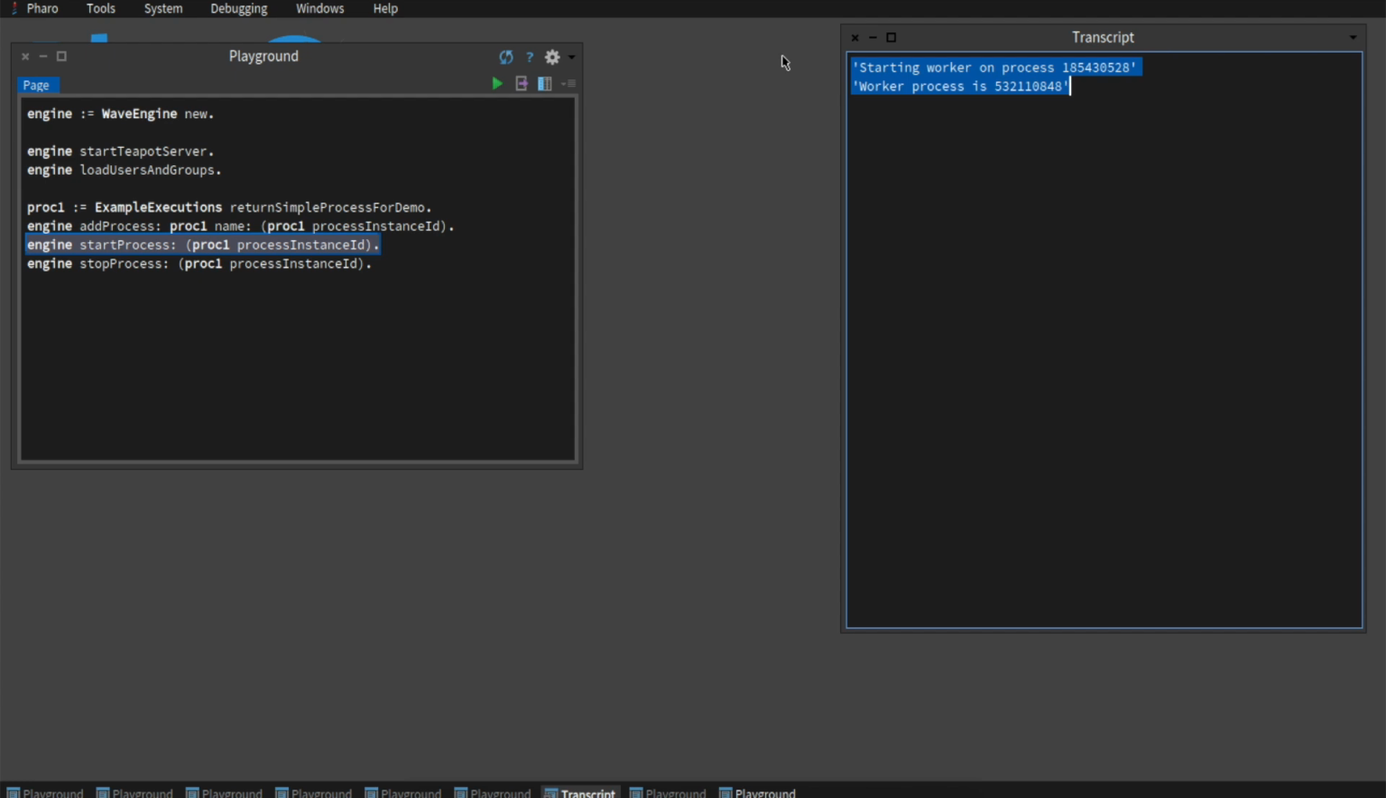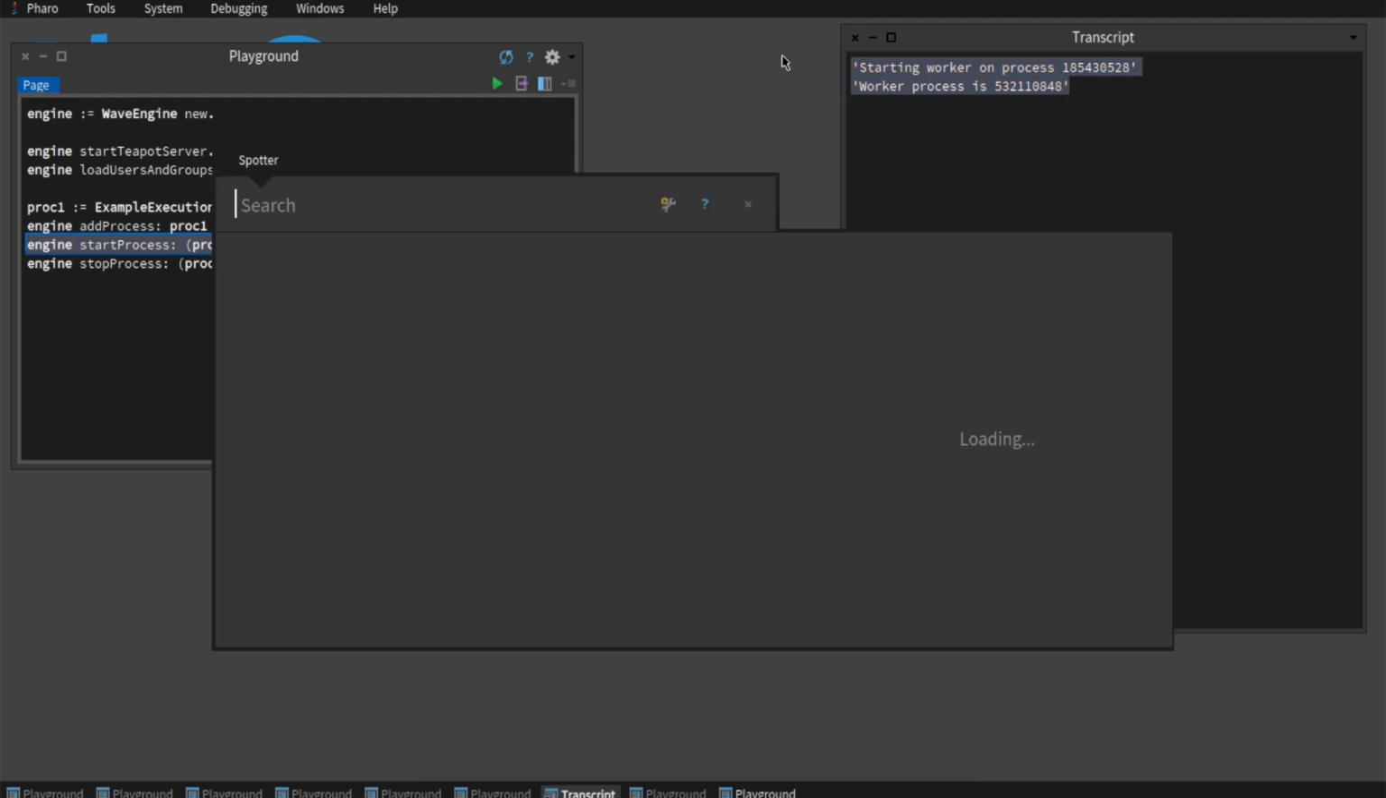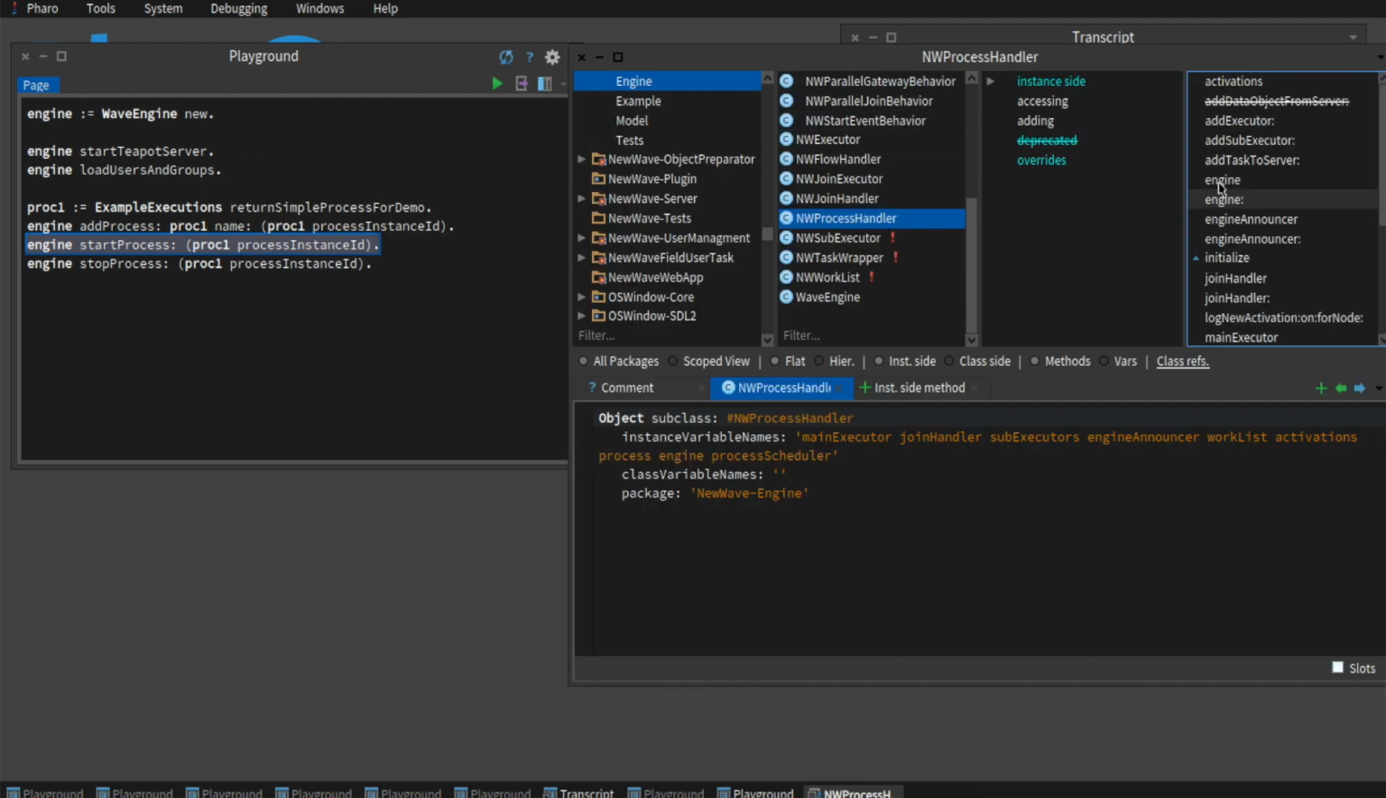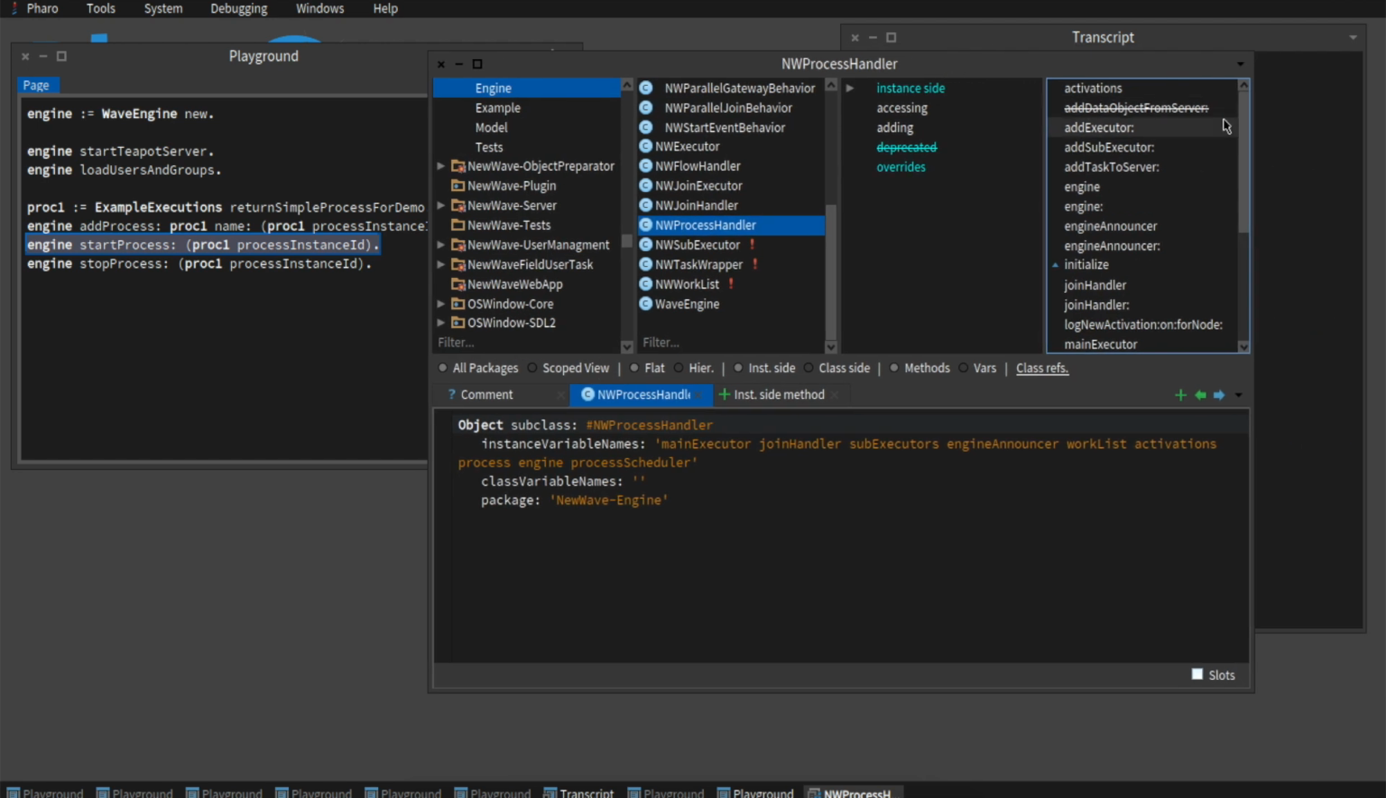Starting the process is another interesting part. For every process instance passed to the engine, one process handler is created. So, one process handler per process instance. Simply said, its job is to execute and manipulate the process. So this is the NewWave process handler, and this guy right here is the one which will execute and manipulate one process